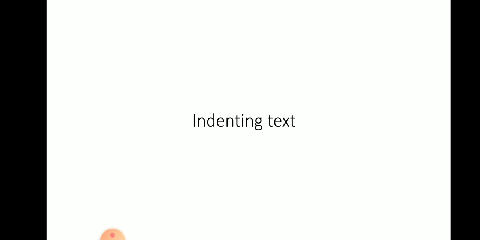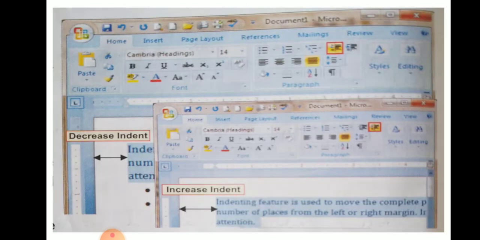Let me move to the topic of indenting text. The indenting feature is one of the most used, and we can move complete paragraphs, or the first line, to a specific number of places, and also from the left margin to the right margin. Indenting basically draws the reader's attention itself. Here children, firstly we are supposed to select the text to be indented, and click on the increase indent button in the paragraph group on the home tab.